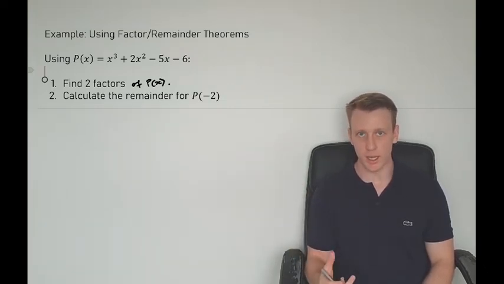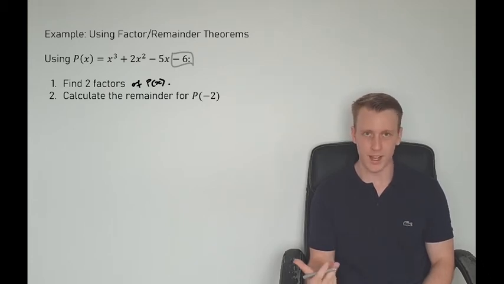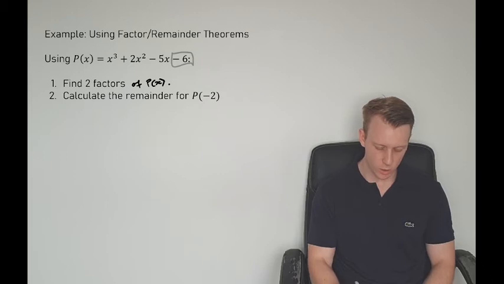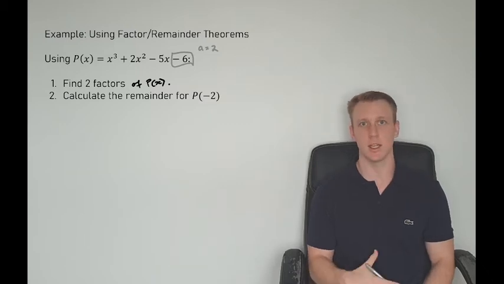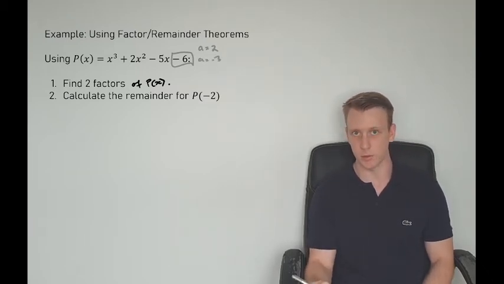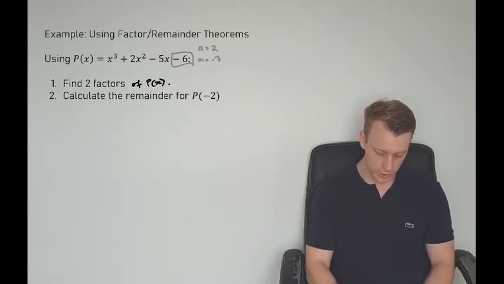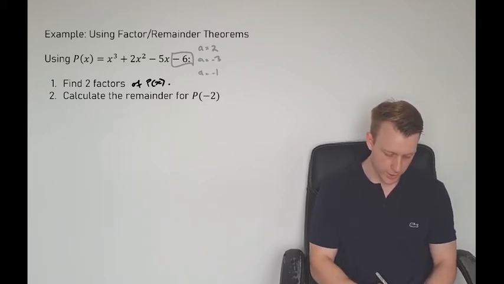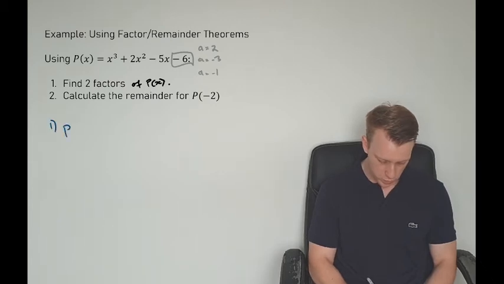The way I do that is I need to guess values of A, but I don't just throw in random numbers, I throw in factors of the constant term. So I'm going to try A equals 2, I might try A equals -3. These are just guesses, but 2 and -3 are factors of -6, and I'll see how those two work. I might even try A equals -1, they're just guesses. So I evaluate them, one here, P of 2 is equal to